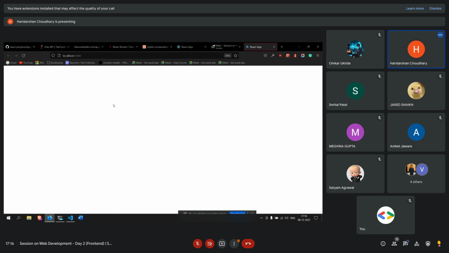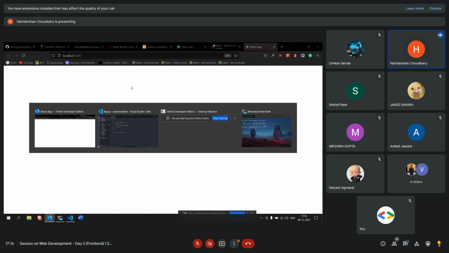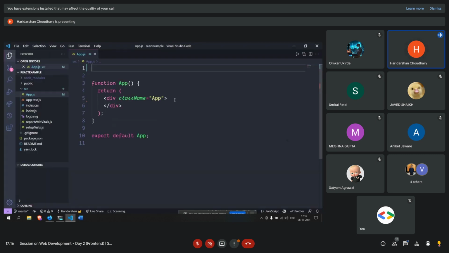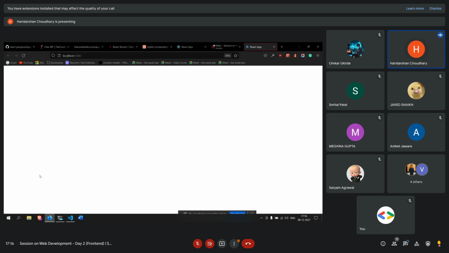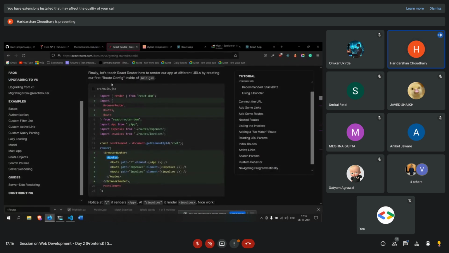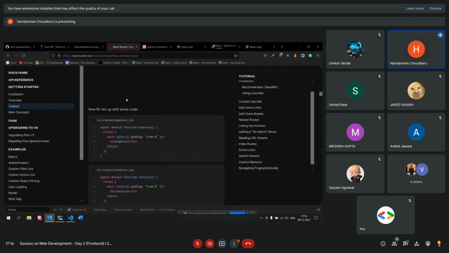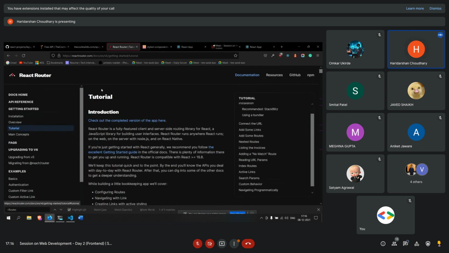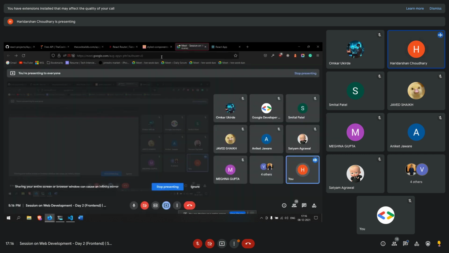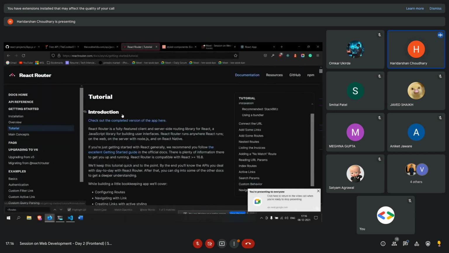So you'll see that it's the blank screen that it had previously. So now what we are going to do is use some additional packages. One package is React Router DOM, and currently this site is the documentation of this package, and all of the developers basically refer to the documentation